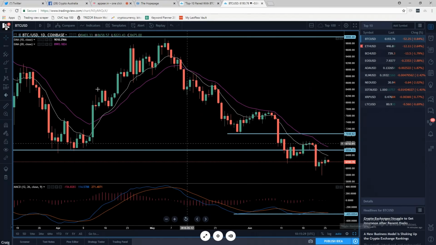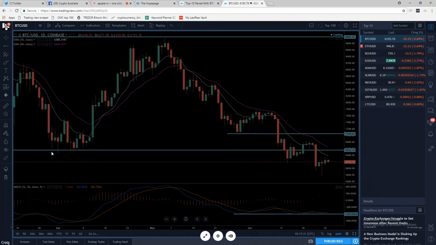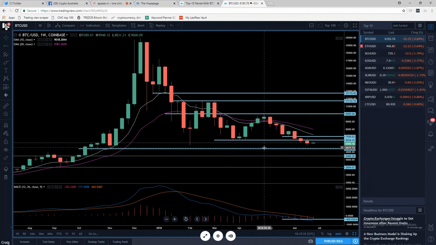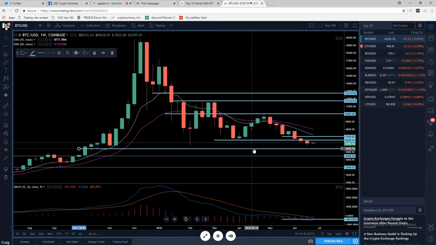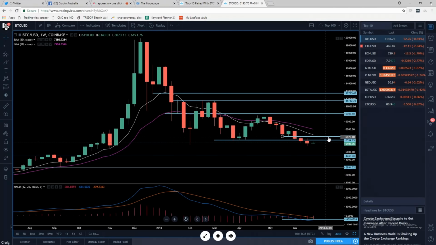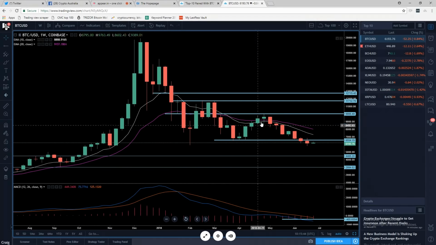Because if we go through and look at the weekly, let me get rid of these lines just to make it a little bit clearer. I'll get rid of some of this stuff, make it nice and easy to see. Notice this: lower high, lower low, lower high, not lower low, lower high. Now it's a lower low. So now the moving average is fanning really nicely. Good, strong convergence too, I might add.